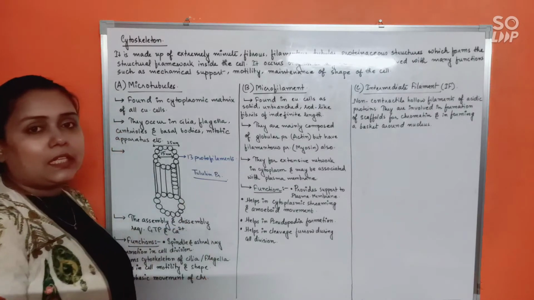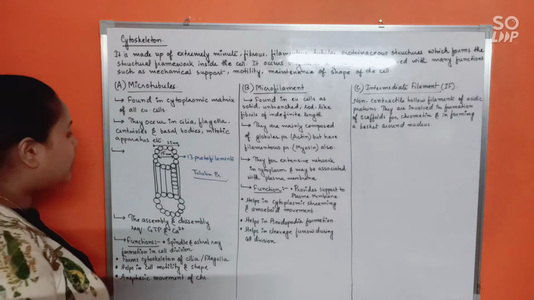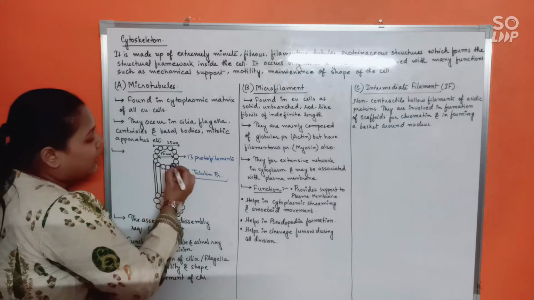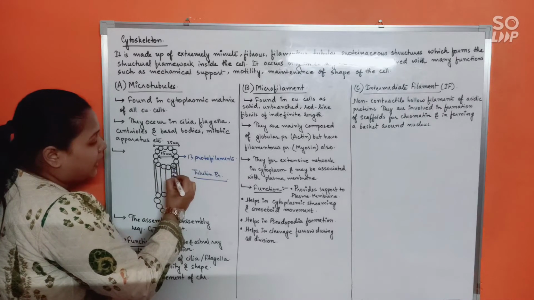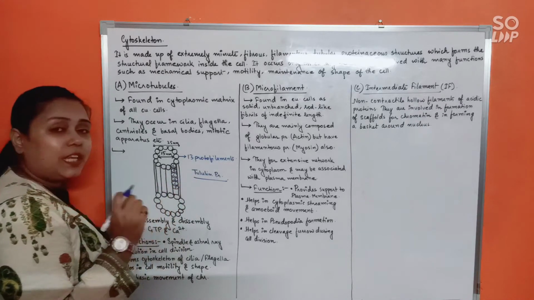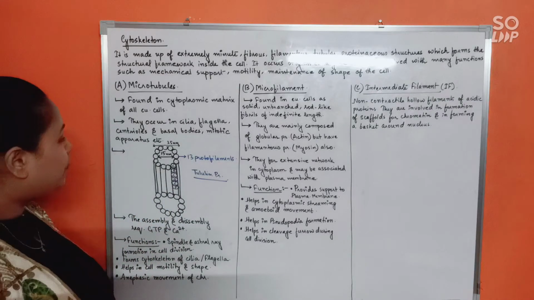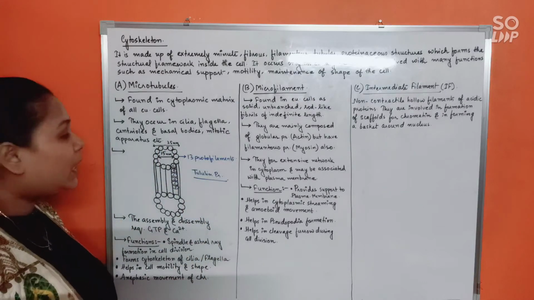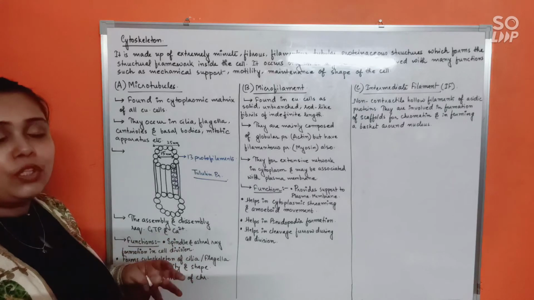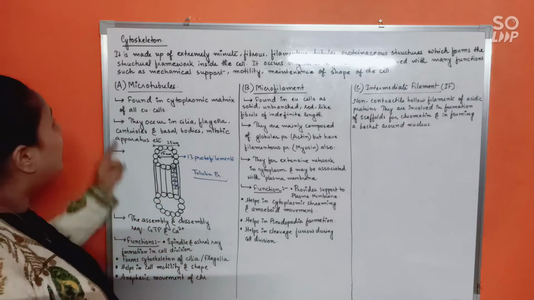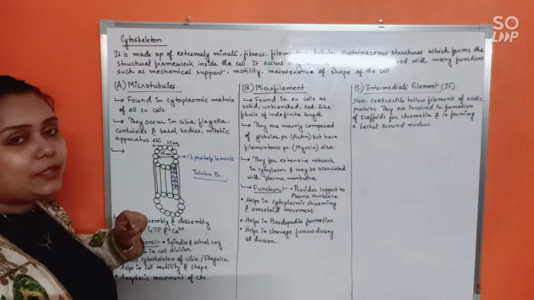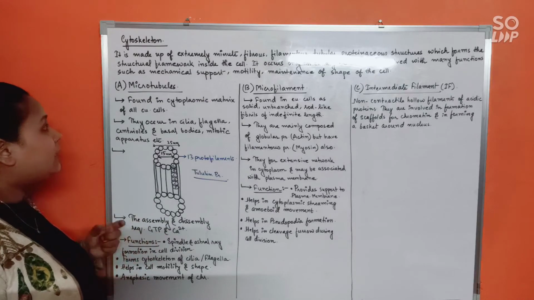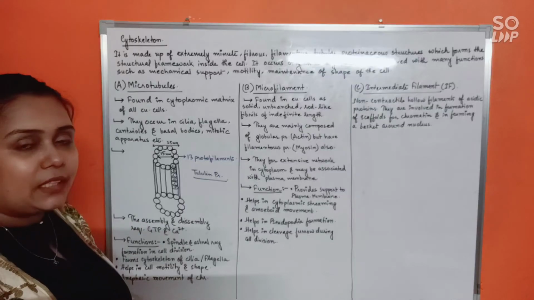Now, these tubulin proteins consist of alpha and beta subunits which will be arranged in alternation to one another to make up one protofilament. Like, if the first is alpha, then comes a beta, alpha, beta. Likewise, alternately, the alpha, beta subunits of tubulin proteins will together make up the protofilament, and 13 such protofilaments will make up a cylindrical structure with a hollow core, and that will be known as the microtubule. Understood that?